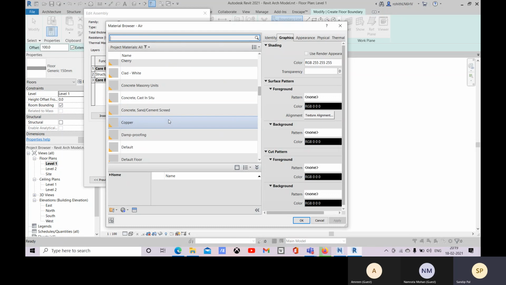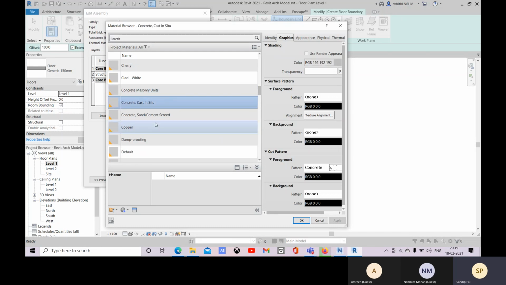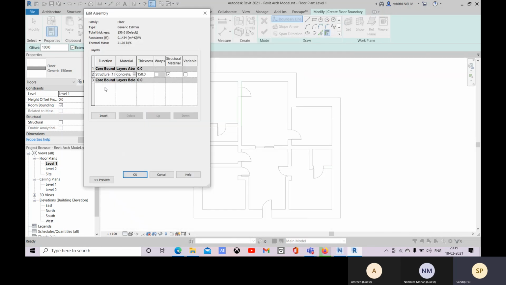Okay, so let's define this one as a material, and here also you can add layers. Okay, so let's add some layers. At the bottom we'll make it down, and at the top also we'll place.